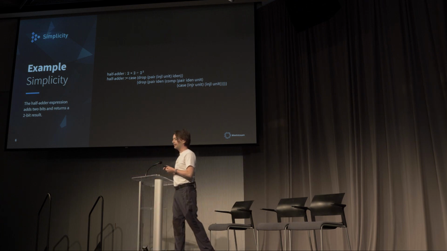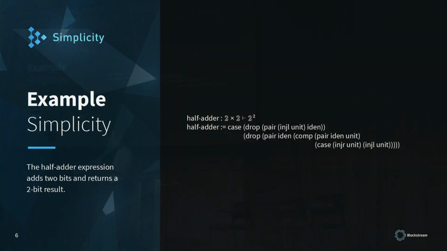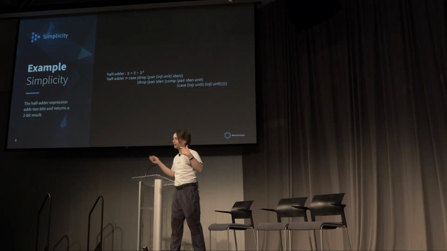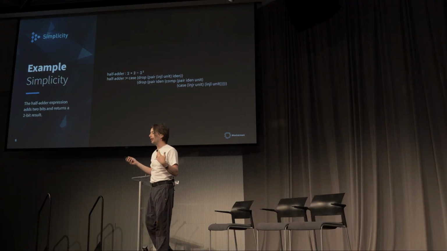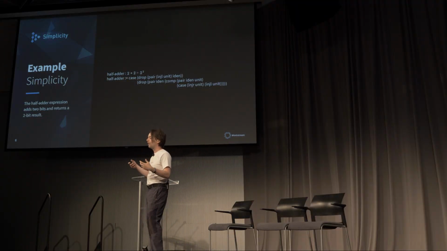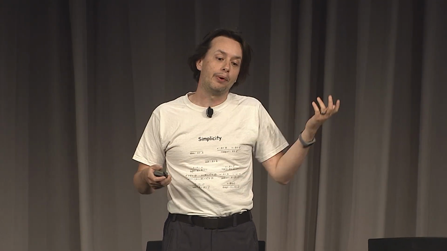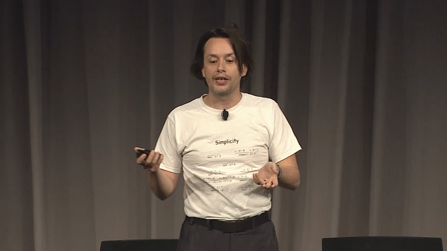So this is an example of how to implement a half adder for those who took digital logic at university, right? We have 2 input bits, and it produces a 2-output answer, which is the sum of the 2 input bits. And we don't have to go over the code, right? But the hand-wavy explanation here does a case analysis on the first bit. If the first bit is 0, then it produces an output which is 0 followed by a copy of the second bit. And if the first bit is 1, then it produces 2-bit outputs where the first bit is a copy of the second bit, and the second bit is the inverse of the second bit.